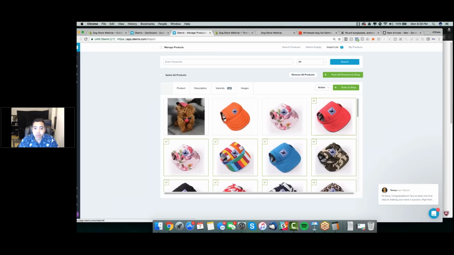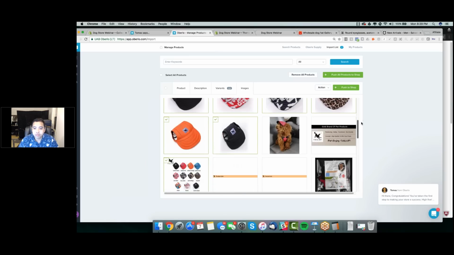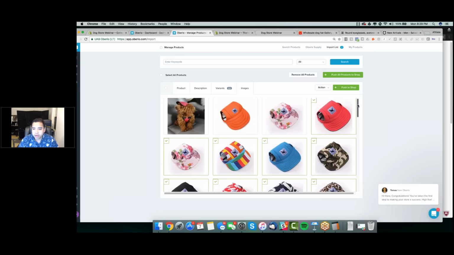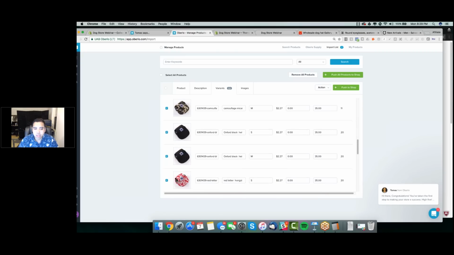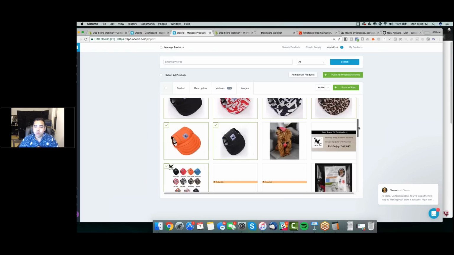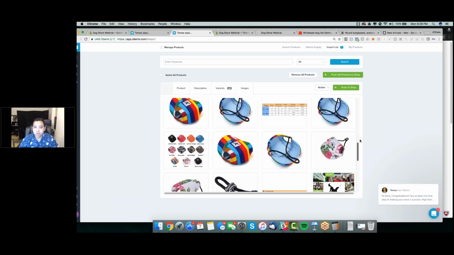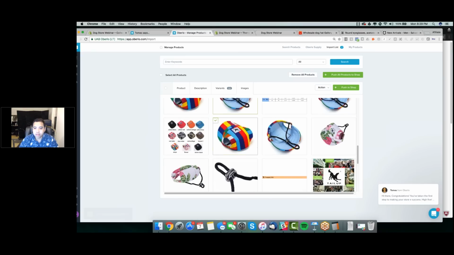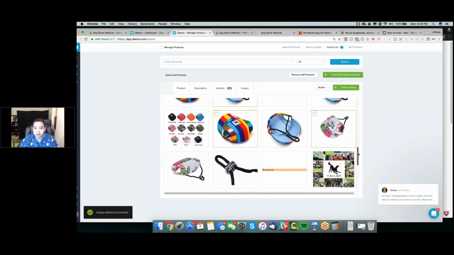Okay, so what we're going to do in the variants here is choose the variants. Automatically the variants here are chosen based on this, so you do not want to touch that. What you want to do is add more variants. So if there's a hat that looks like this, head size, small, medium, you can add that product here. You can add this, you can add this, side view, you can add this,